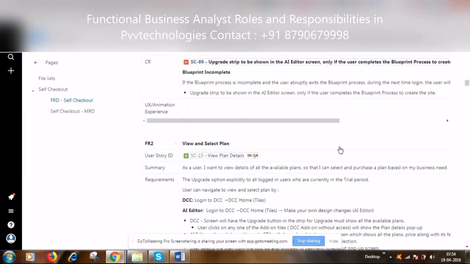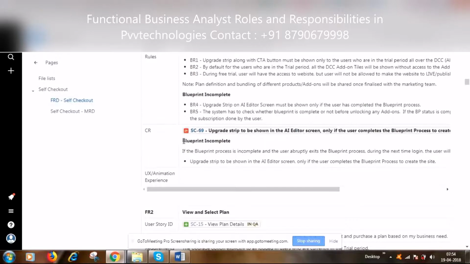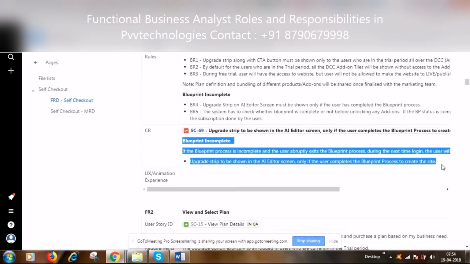So what we did is, there was one particular change request that came in. So generally, our assumption was the user will complete one stage and then go to the other one. But they came with one more request, right? The client or the stakeholders.